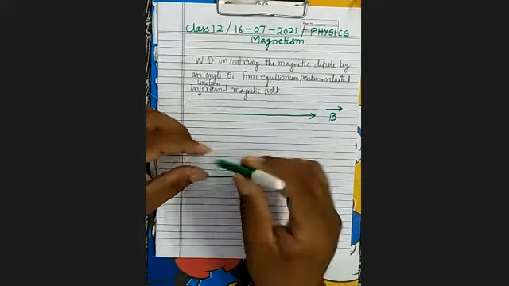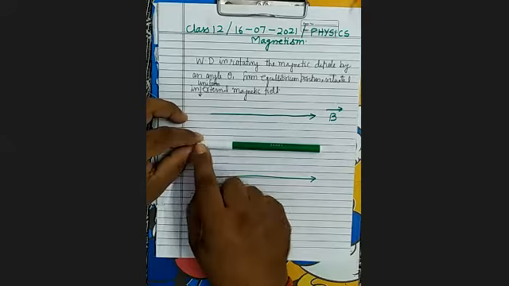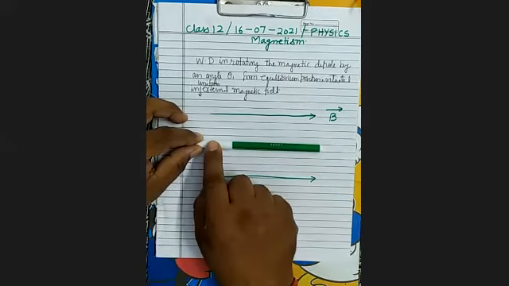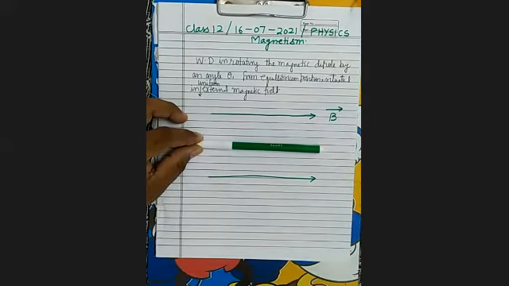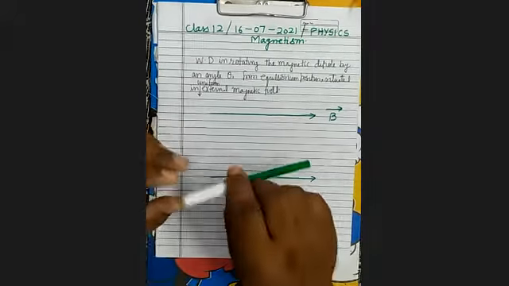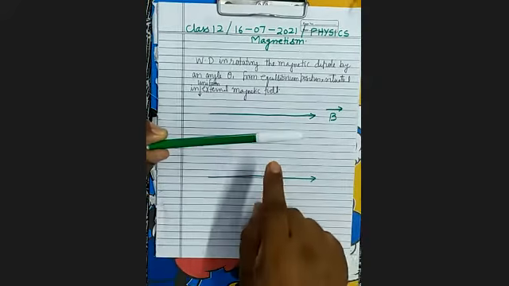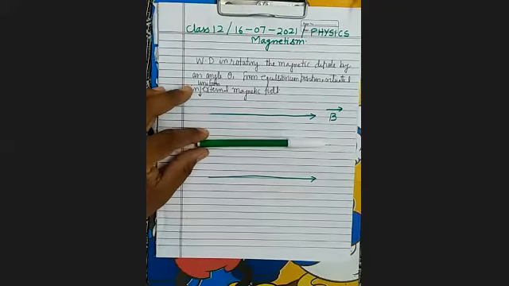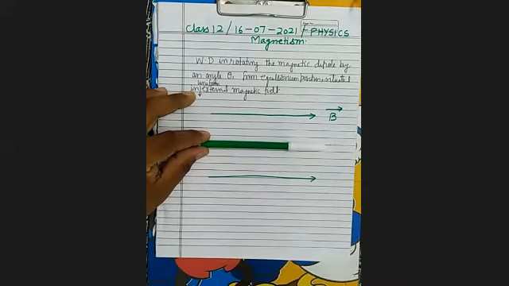But suppose if the magnet is placed in this way, then south will be here and north will be here. Magnetic moment is directed in this direction. Magnetic field is directed opposite to that, and now it will be in the unstable equilibrium. So there is a magnetic dipole, which is situated in some uniform external magnetic field in the equilibrium position. Means it is placed in this way. Now if you have to rotate it by an angle theta, then what will be the work done?